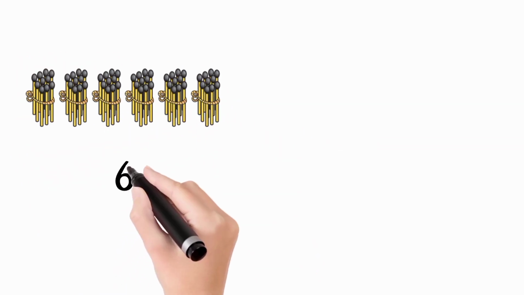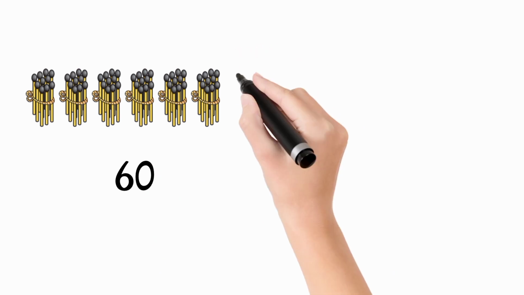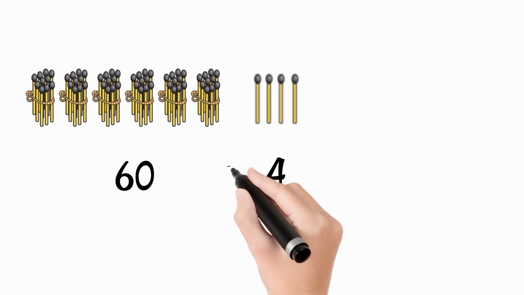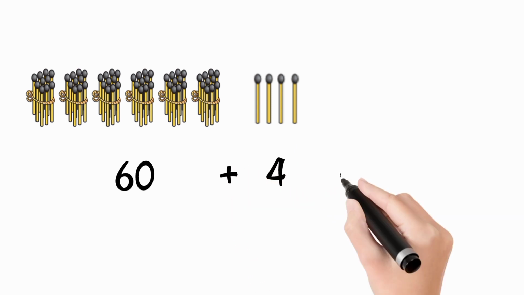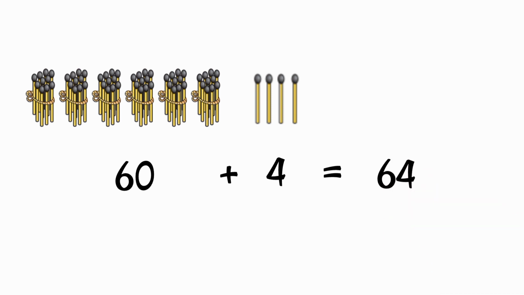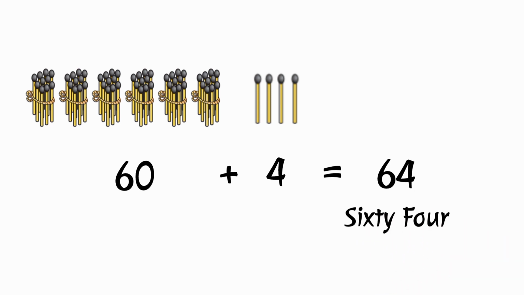Now, how many bundles are there? Yes, 6. So, 60 and 4 loose matchsticks. So, 60 plus 4 is equal to 64. 6 tens and 4 ones, 64. इसे 64 कहते हैं।